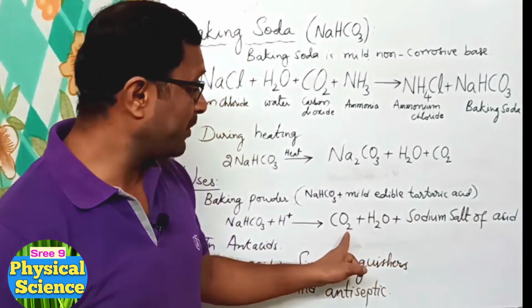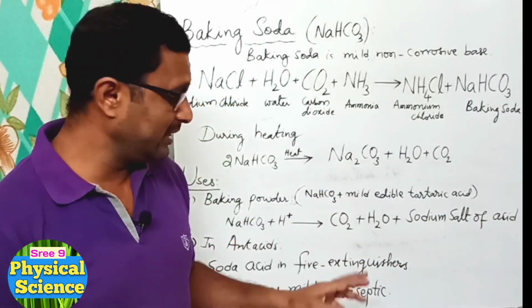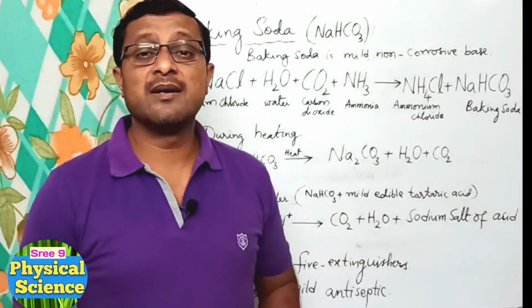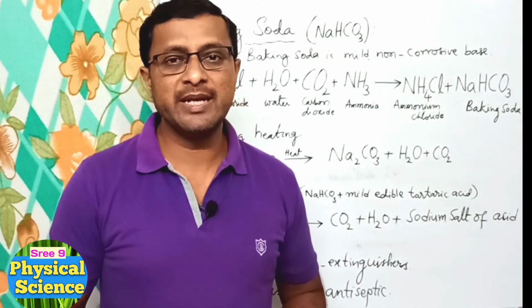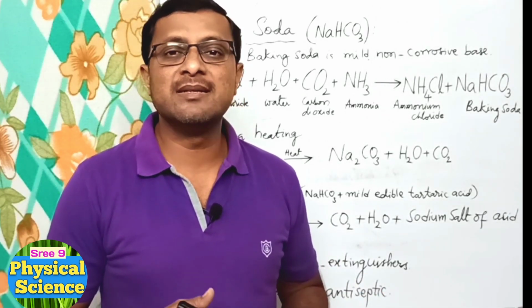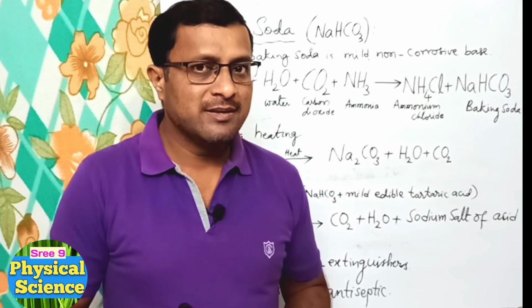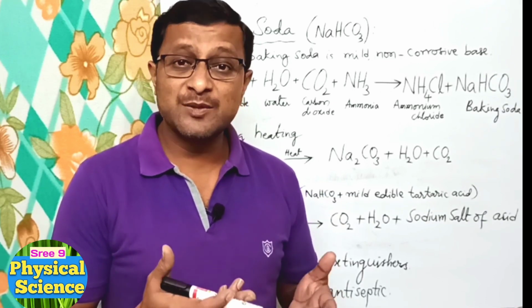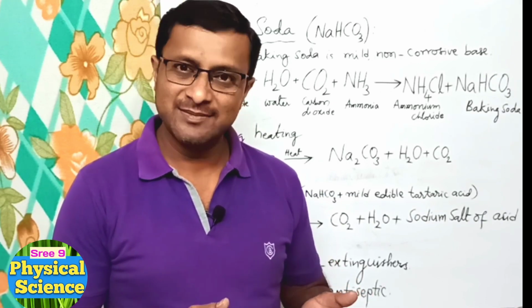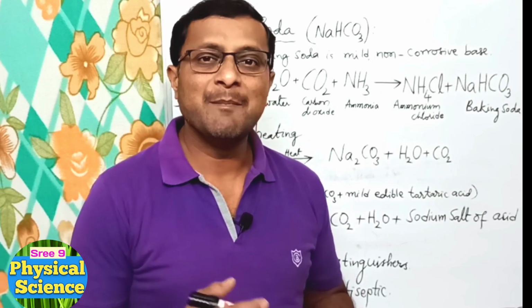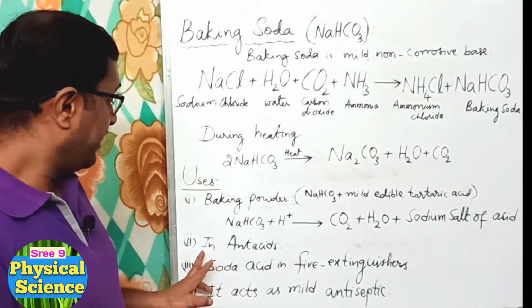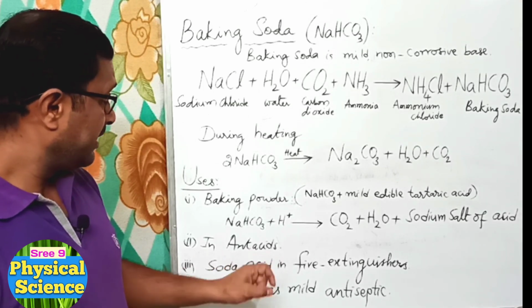Okay, but the carbon dioxide which is produced, as I said, which is released during heating, makes the bread or cake rise, making it spongy and soft. Got it? That's why it is used in bakeries. And it is used as